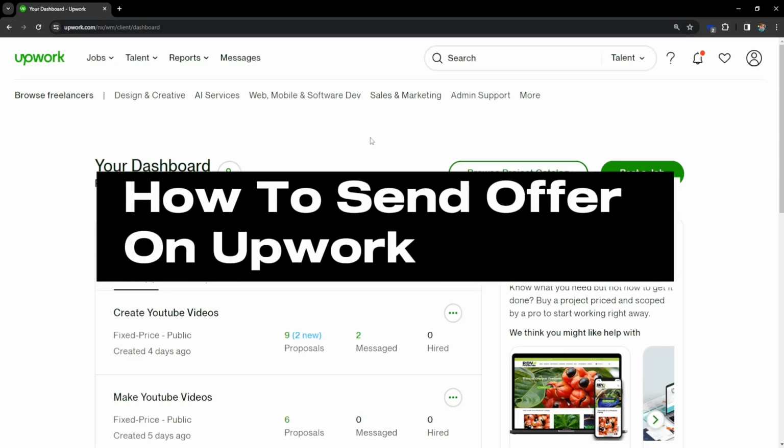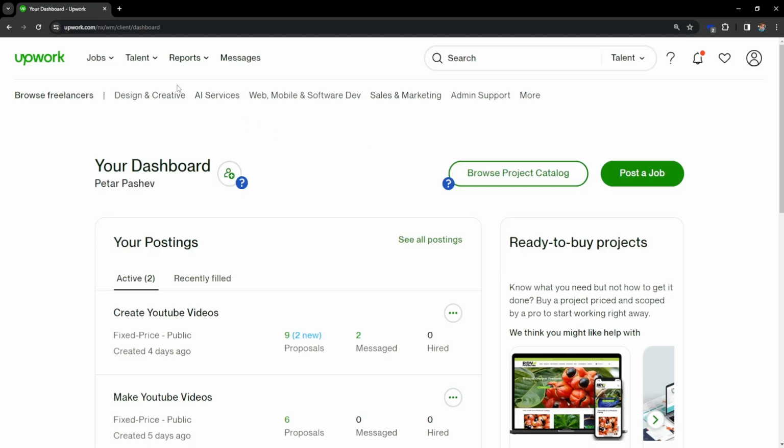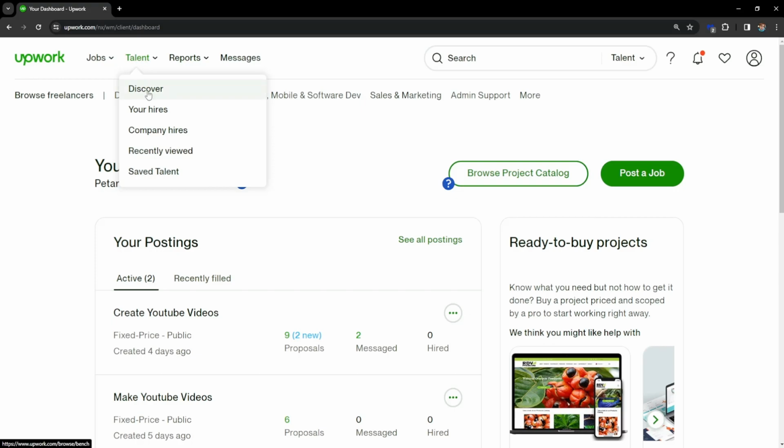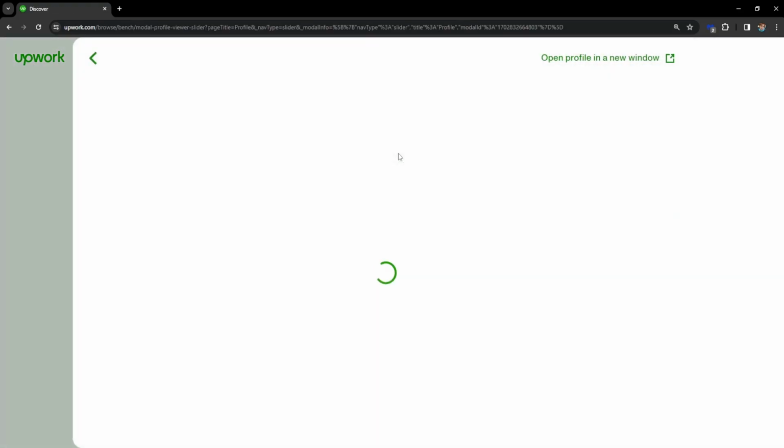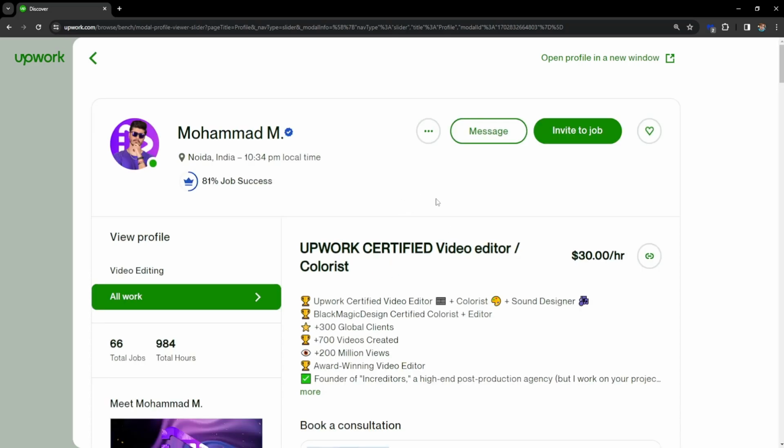How to send an offer on Upwork to a freelancer. So I'm just going to go to talent and discover, and here I'm going to choose the first person that I see. So from here, after you have loaded up the freelancer's profile, we want to click on the three